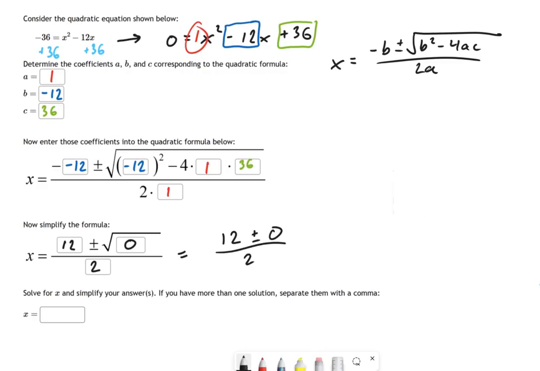And what's 12 plus or minus 0? Well, you can imagine doing 12 plus 0. That's 12. And 12 minus 0, also 12. So I don't need to worry about that plus or minus. In this case, this just simplifies to 12 over 2, which simplifies to 6 over 1, which we recognize as good old number 6. And we're done. Sometimes there is only one answer. Often, you'll get 2 answers for this problem. X equals something, comma, something else. But in this case, when the discriminant is 0, that thing under the square root, then you're only going to get